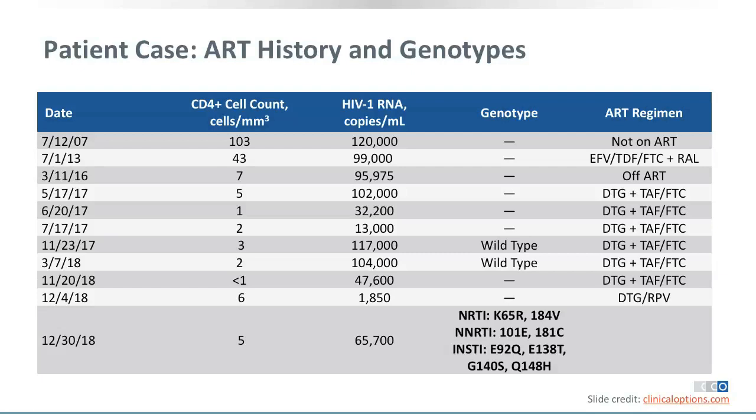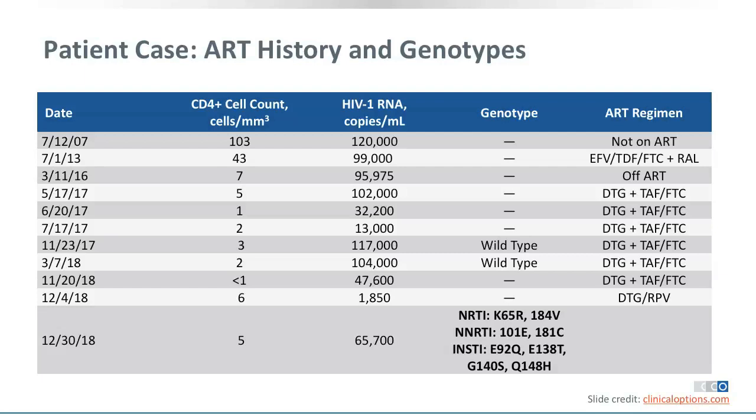You can see that the highest her viral load goes when she's not on ART from 2007 is into the 100,000 range. Then you can see the prior regimens that she had been on. At some point, she was on raltegravir combined with efavirenz, tenofovir, and FTC. Then there was a period where she was off ART for some time. After that, she was intermittently on dolutegravir combined with tenofovir and FTC until 2018,